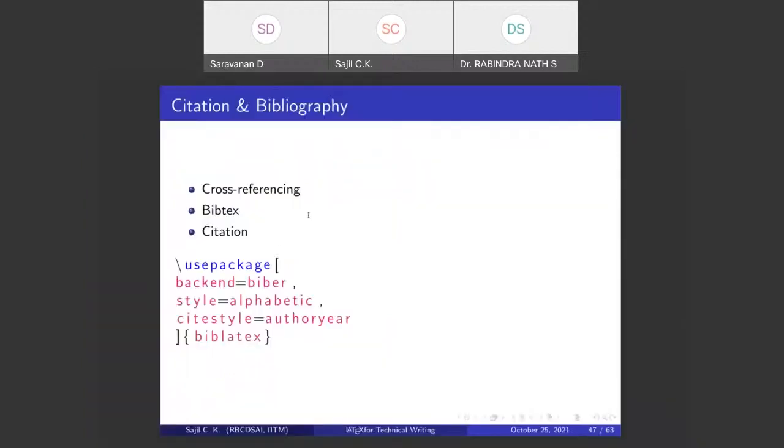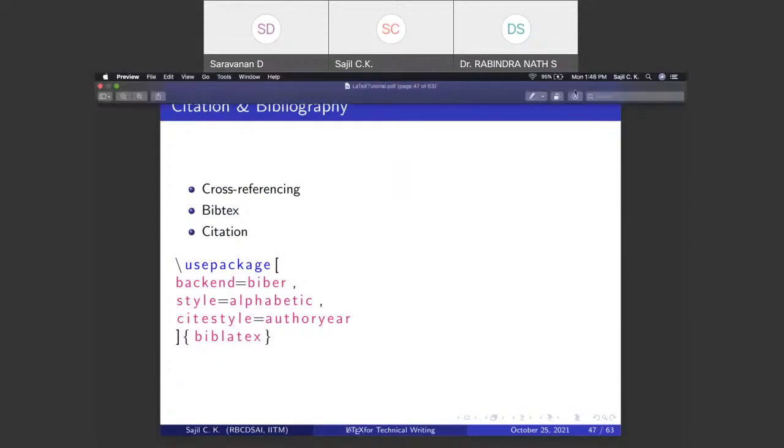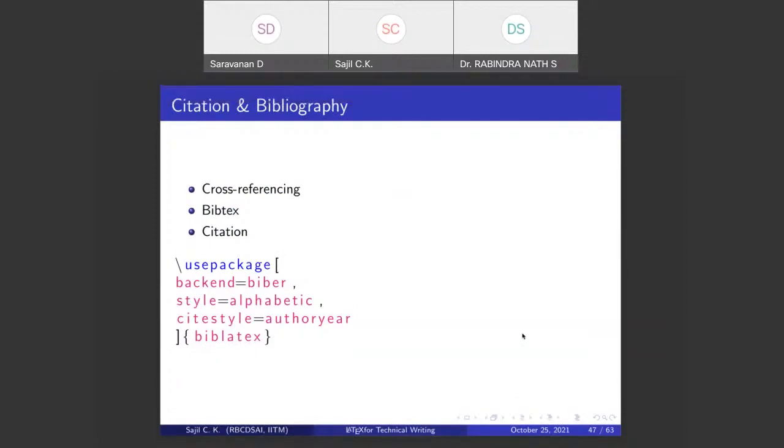Okay, so let me go with the most important part, using the citation and bibliography. When it comes to research papers and thesis, you need to cite the papers or create the reference list with a specific format. If you are not aware of that, there are two parts to it.